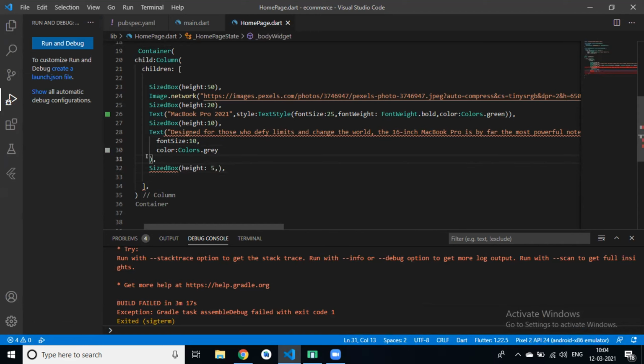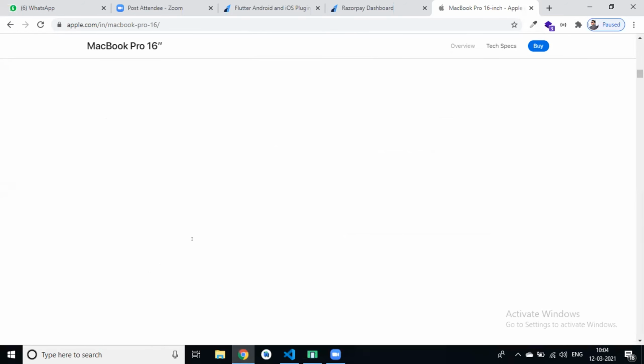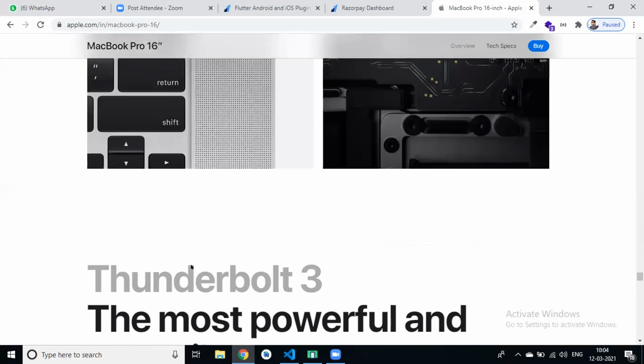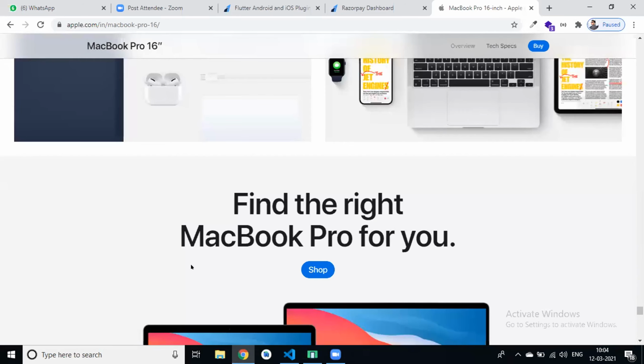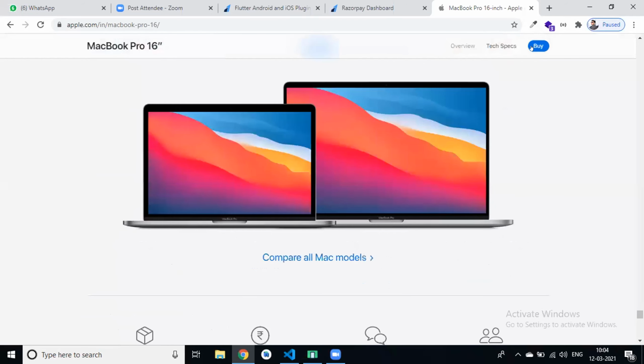For colors, missing code. Then now after this we have a price, right? Text, then how much price?